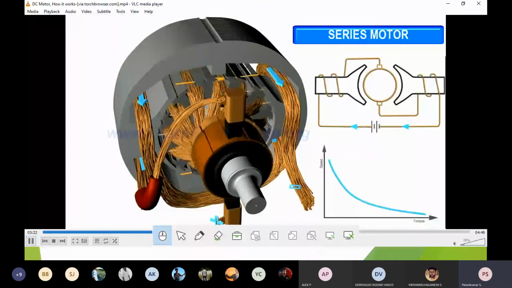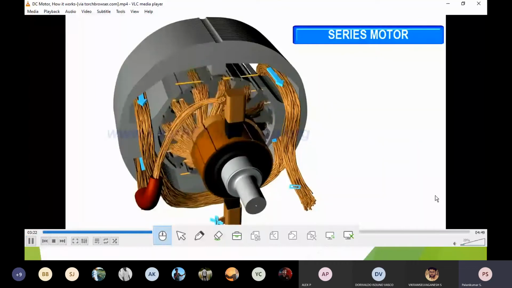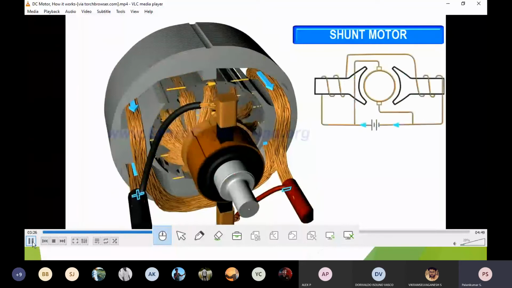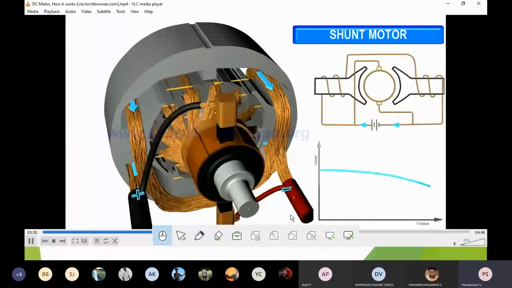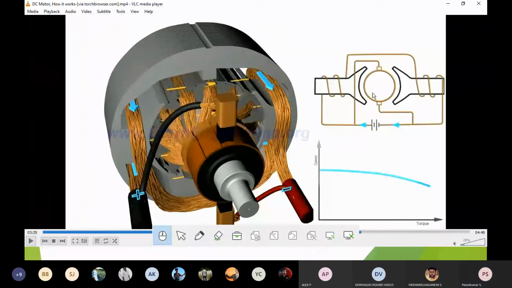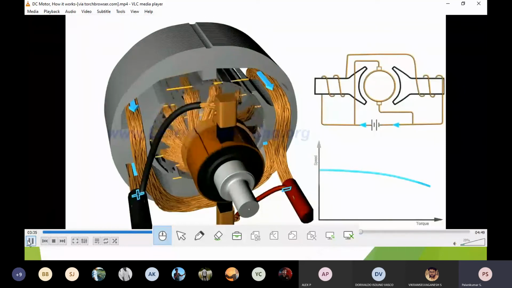Initially very high. We can have it in the reverse direction also. But in a shunt motor, we usually call it parallel or shunt. If you see that, I can have a supply which is connected in parallel. One end is going to the coil and another one is going to the armature, so both are connected to positive. Likewise, the other end, the A end, is connected to negative, and the other end of the stator coil is also connected to negative. That's why it's called a parallel connection.